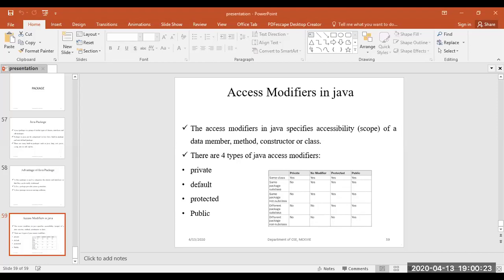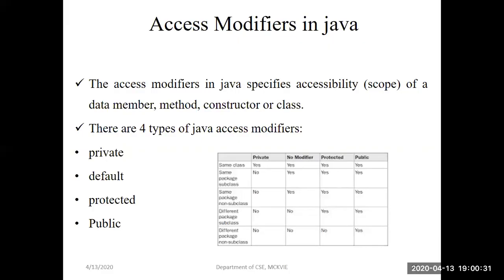Let me recall once again what we discussed in the last class. Java supports four types of access specifier: public, private, protected, and default. I mentioned these in the columns: private, protected, public, and no modifier. No modifier means I haven't given any access specifier, so that is called no modifier, or better to say, the default access specifier. Fine. And we are considering 5 situations which may occur in practical cases,